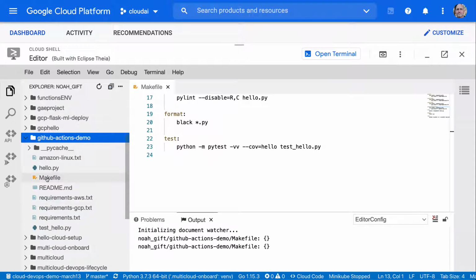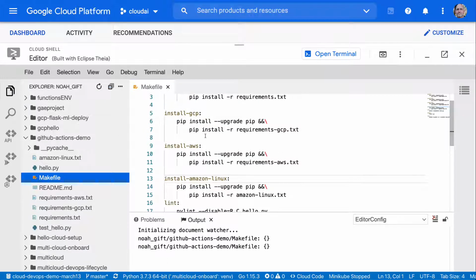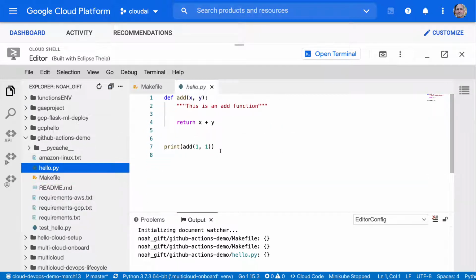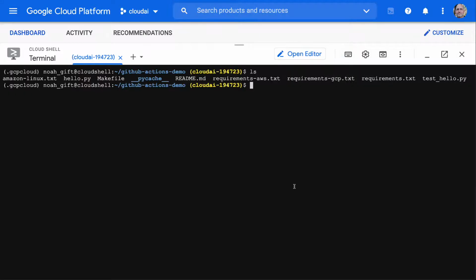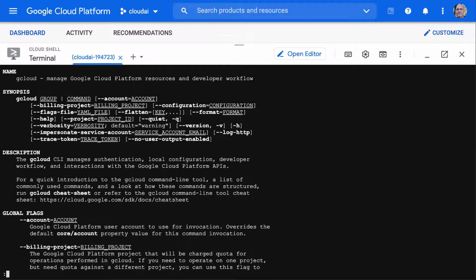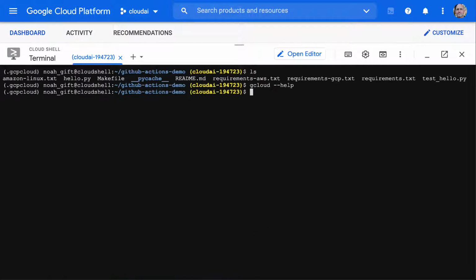And if I select Makefile, you can see here's the Makefile. And then if I go to hello, you can see here's the hello file. So if I wanted to, I could go through here and modify things. So the main takeaway here is that just like your laptop, the cloud environment in Google Cloud Platform really has everything you need. It's got the editor, plus it's got a terminal. And if I run gcloud, for example, it's got built-in tools that are hooked into managing the Google Cloud Platform. So that's really the key takeaway, just like most cloud platforms, is that you can tweak everything, install a project, go through here, kick the tires,